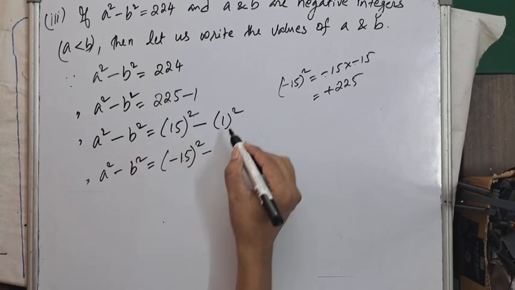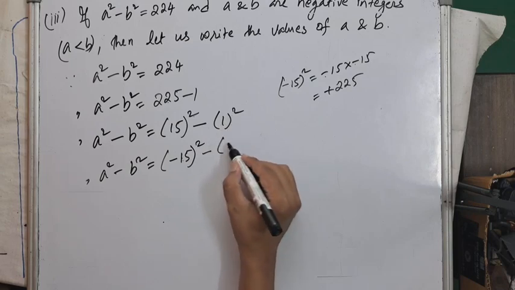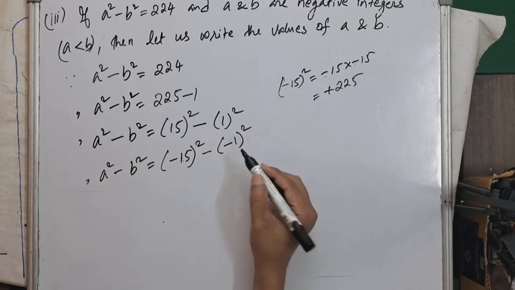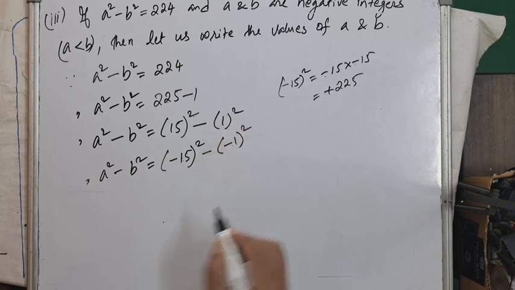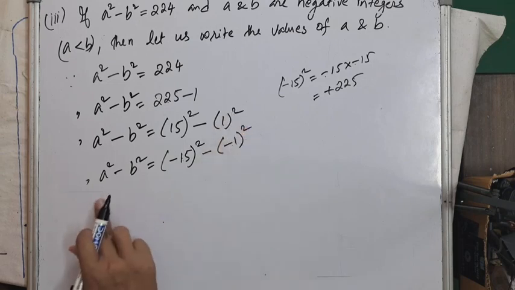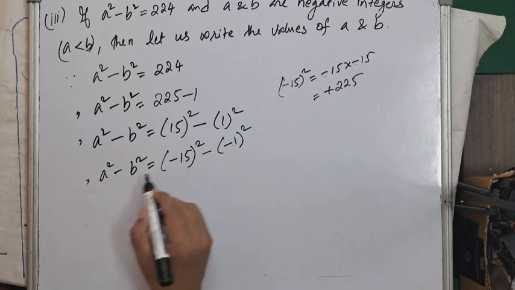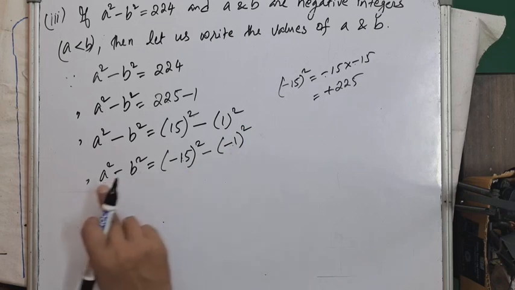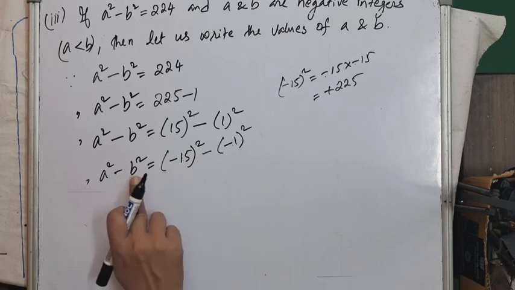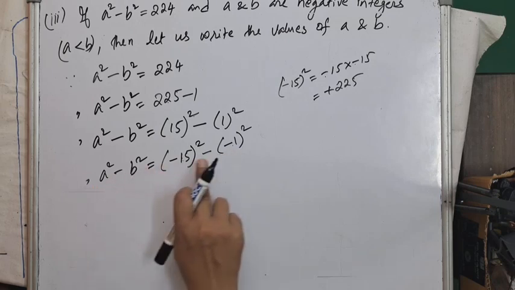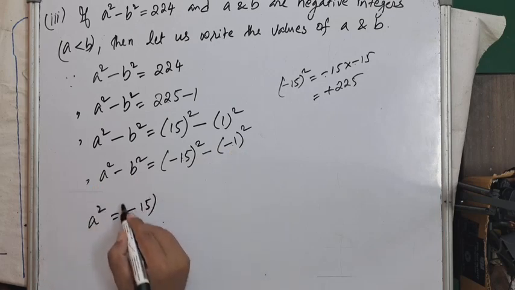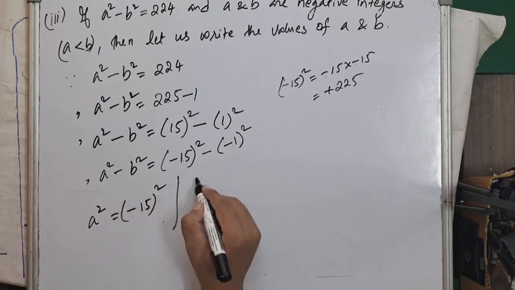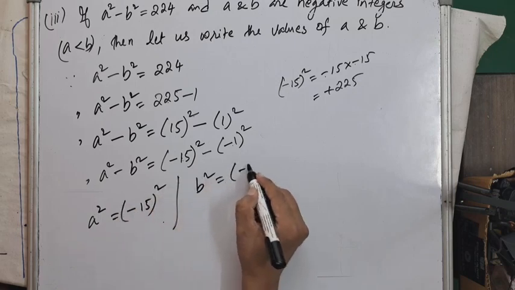This minus we write here. So we have 1 square here, so we can write minus 1 square here. Minus 1 square means minus 1 into minus 1, that is plus 1. Now we have a square is this and b square is this. This minus and this minus are the same here. So if a square equals minus 15 square and b square equals minus 1